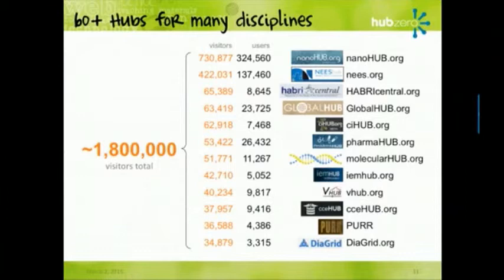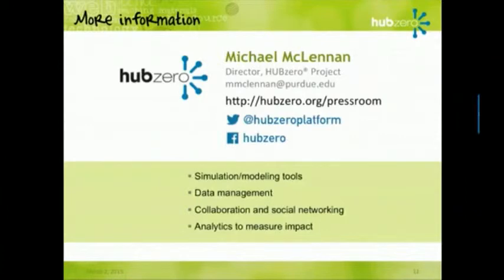There's even one on human-animal relationships, like seeing eye dogs. There are some that involve education. This one's data management. So it really spans the gamut of different science contexts. And that's it. That's the nickel tour of HUBzero. I hope it gave you some ideas about what it is and how people are using it.